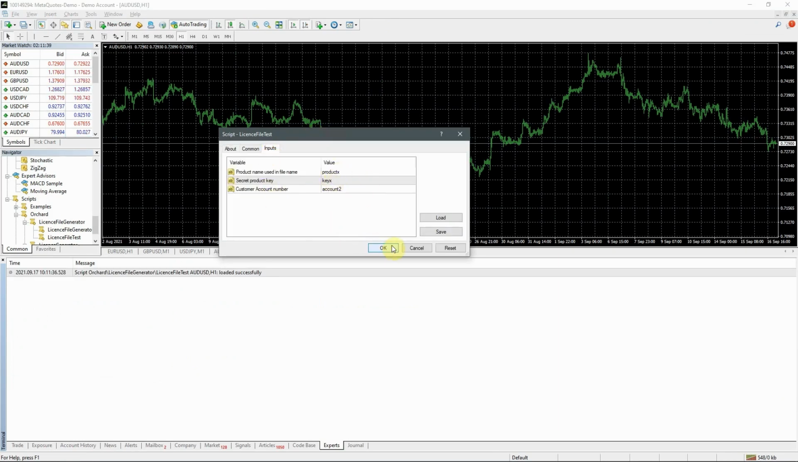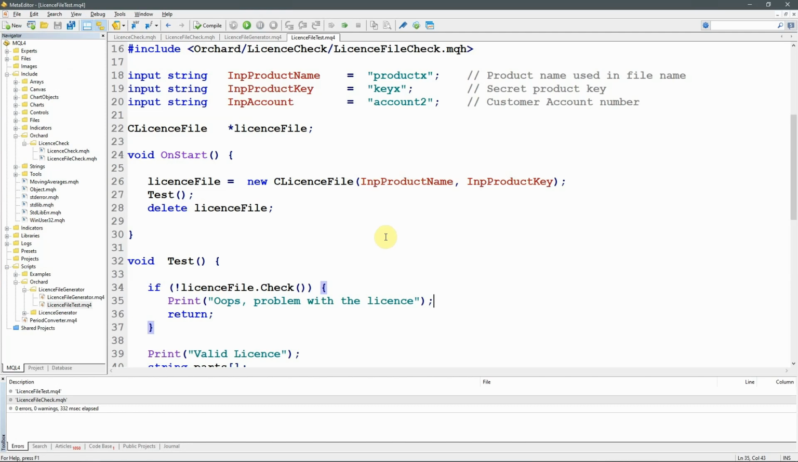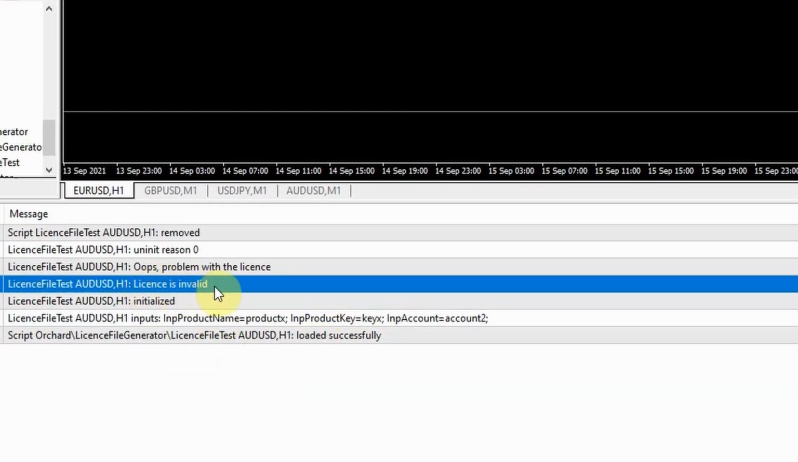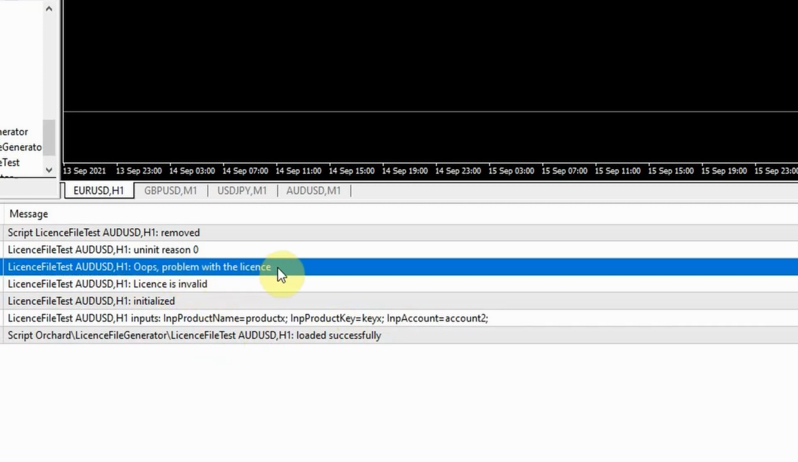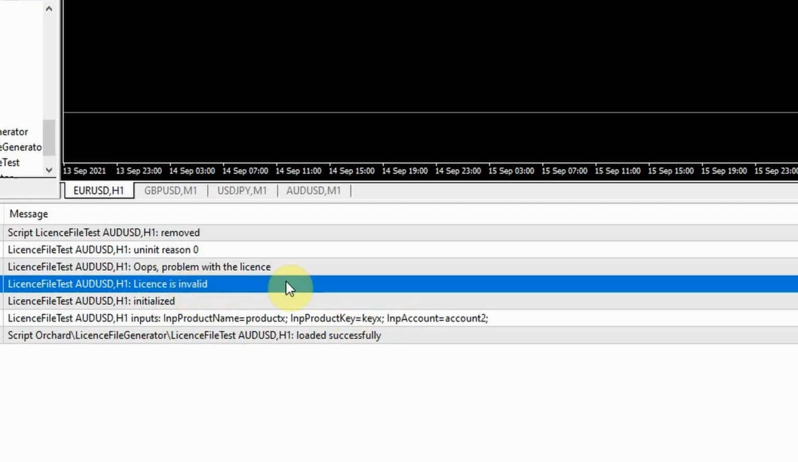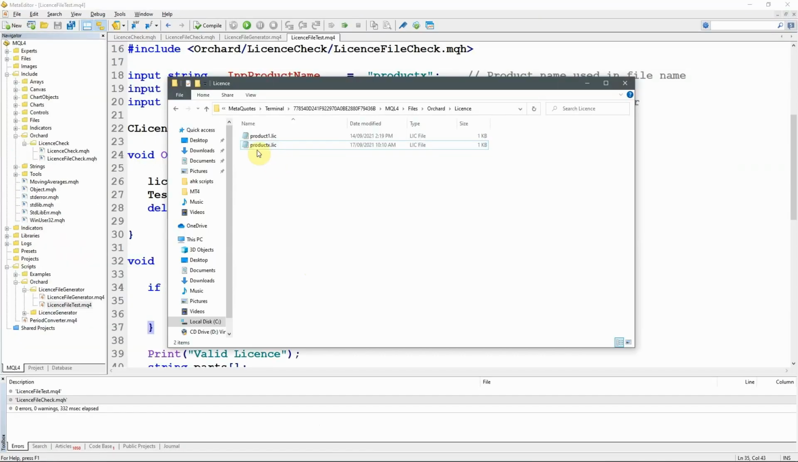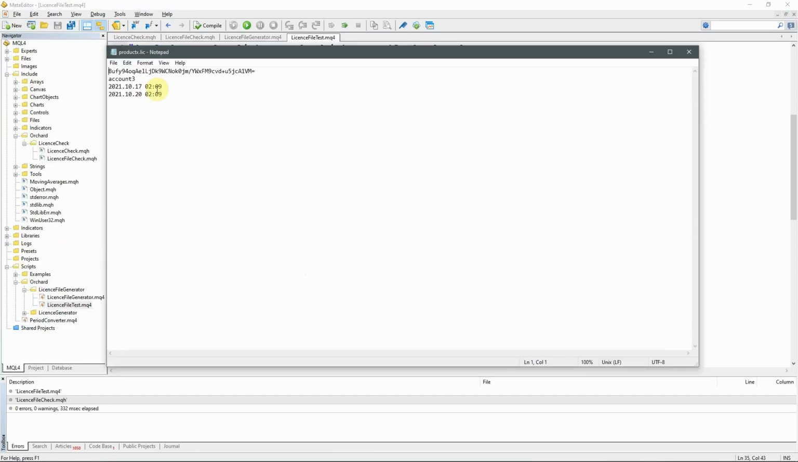Product X, key X, account 2, okay. And what we can see here, it says license is invalid. So that's come from the class file, and then oops, problem with the license, that is coming from my script. So the license is invalid because I've changed that one character, and so that hashed value on line 1 no longer matches. If I go back and just change that back again to account 2,